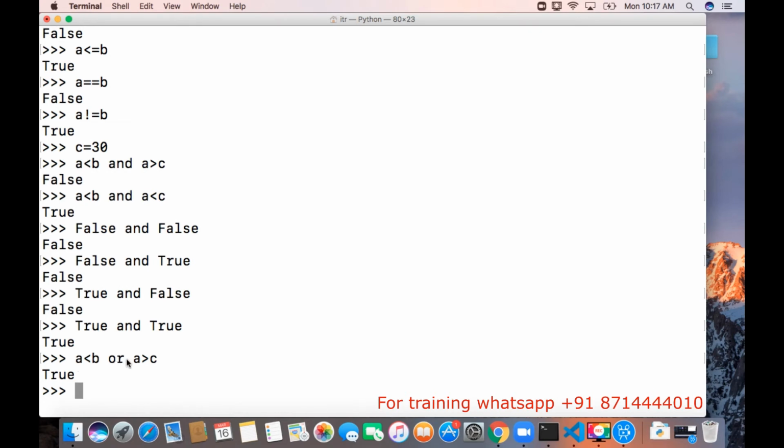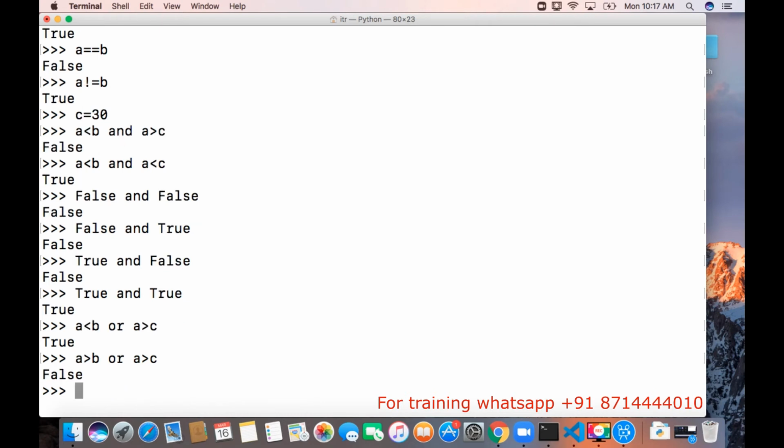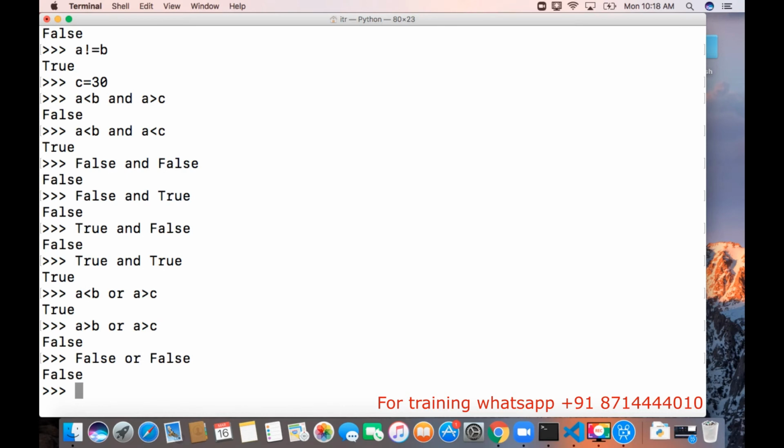In the case of or, if any one of this particular expression, left or right, is true, the output will be true. So here a greater than b, it is false, or a greater than c, that is also false, the output will be false. If any one of the expressions is true, it will be true.